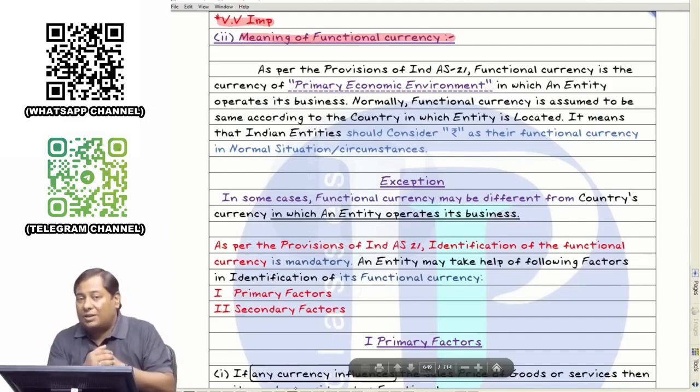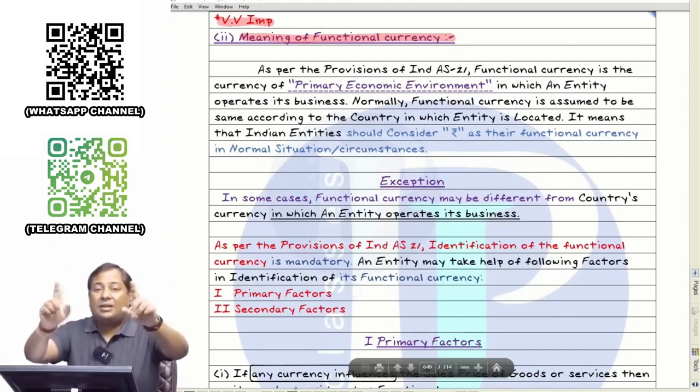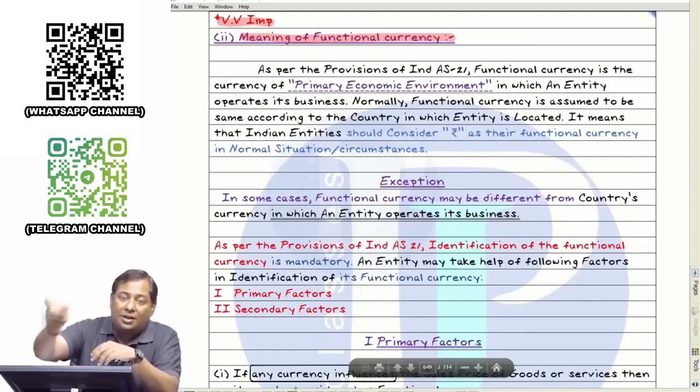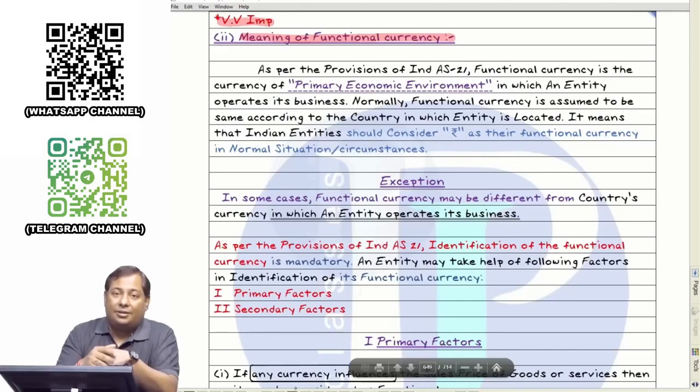I agree with you 200%. Then your reporting currency should be the functional currency. You are doing business in India, you will use rupees, not dollars. Big companies that are operating in India are using rupees, that's their functional currency. But IND AS says no, so let's discuss it. Reporting currency and functional currency can be different, and I had told you the whole story about my trip to